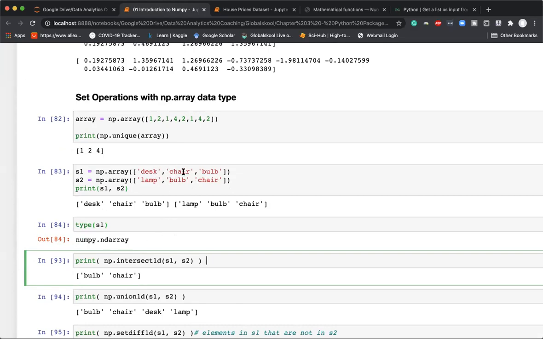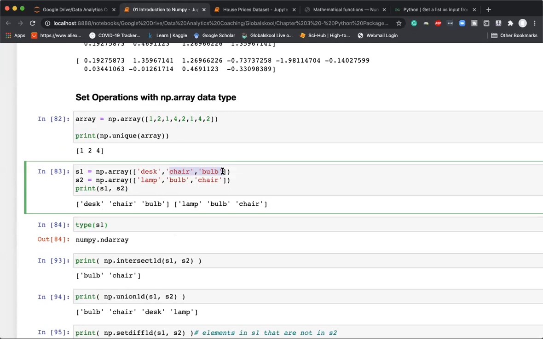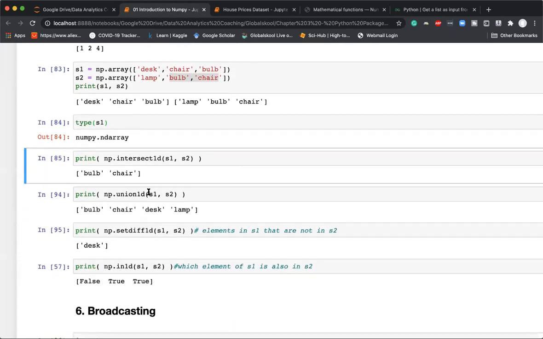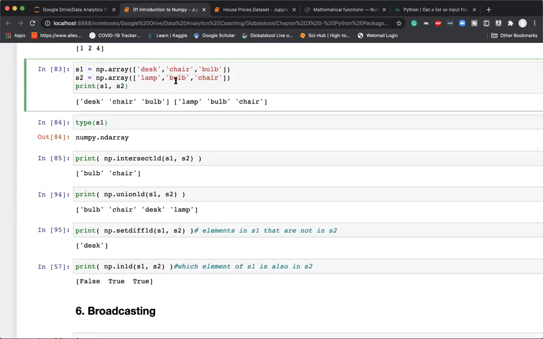So within these 2 sets, the intersection is chair and bulb. So it gives us this answer as bulb and chair is the intersection between these 2 guys. If I want to find a union, that is, what are all the unique elements in the entire combination of S1 and S2, then we can do np.union1d, and we can see that we have 4 elements now: bulb, chair,